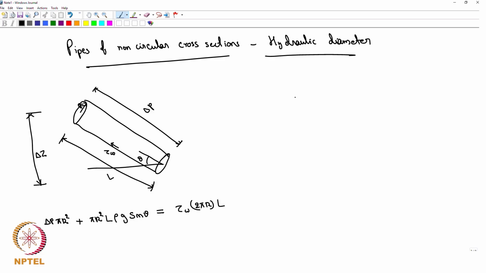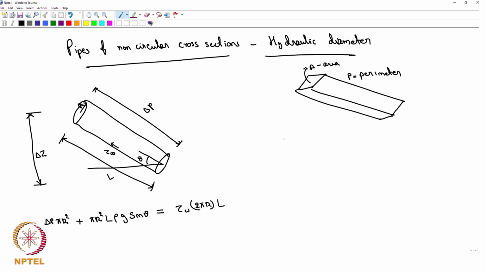Okay. Now what we want to do is write down a similar expression for a non-circular pipe. Let's say some non-circular pipe, some shape, everything else remaining the same. Let's call its area A, so A is the area and P is the perimeter. You can write down the same force balance as delta P into A plus,